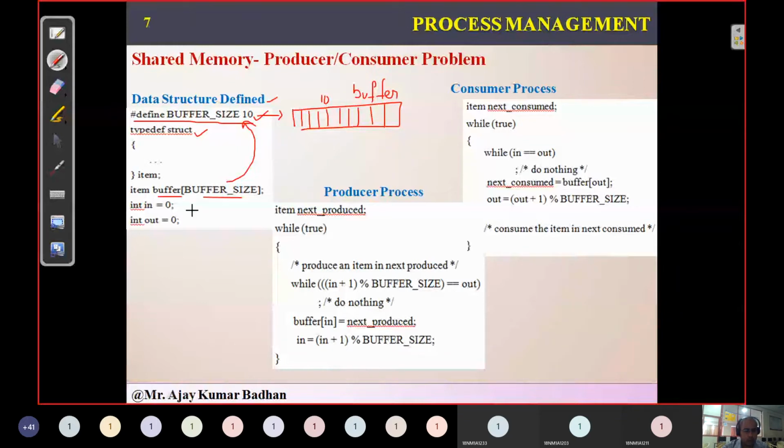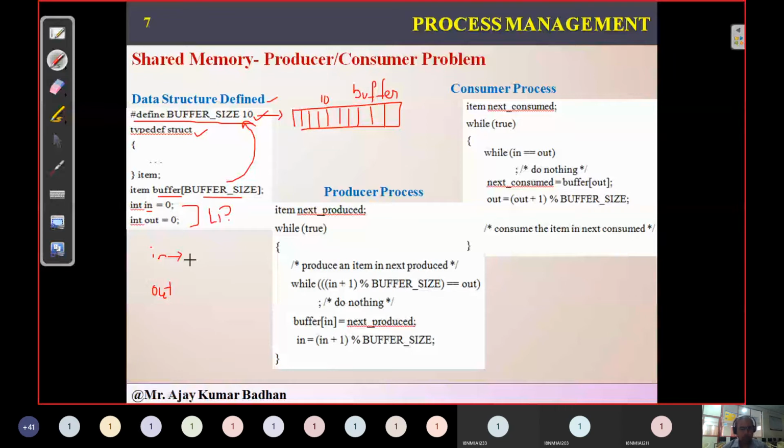Now this bounded buffer will have two different types of pointers. These are what we call logical pointers. What do we mean by logical pointers? They have some specific meaning. We have only two pointers, in and out. Now in refers to the next free space which is present in the buffer.